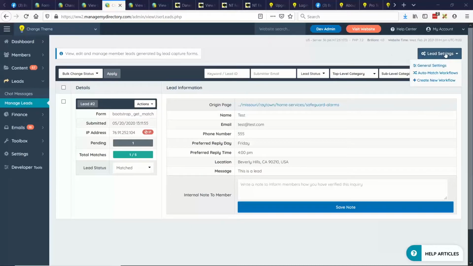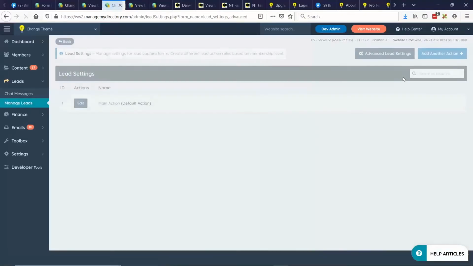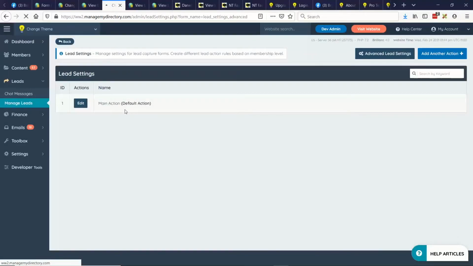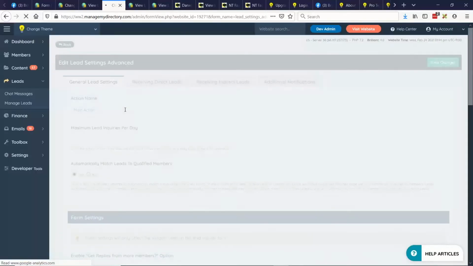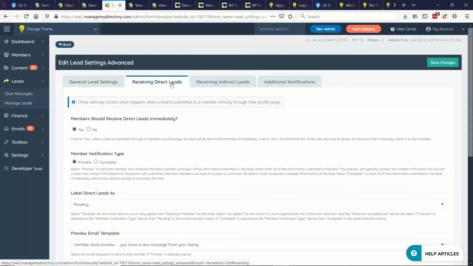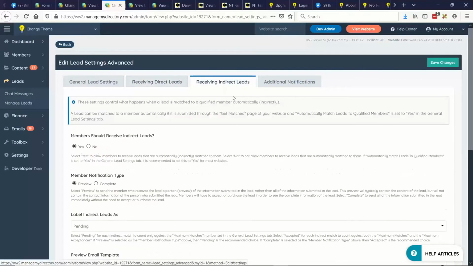So when you go to lead settings, you can do this under auto match. This has the auto match settings, but it would still work the same for the default actions. If you received direct leads, you could just set this. So this is direct leads. If the person gets contacted through their profile page, set that to no. Indirect leads, like if you create a landing page where people are filling out that get matched form, set that to no. So nobody will receive any automated leads.